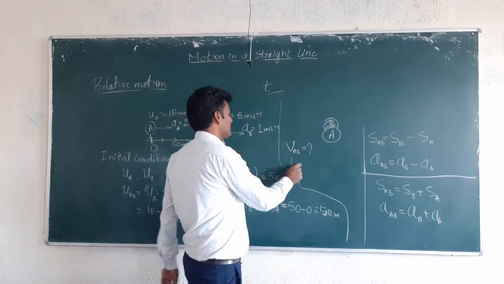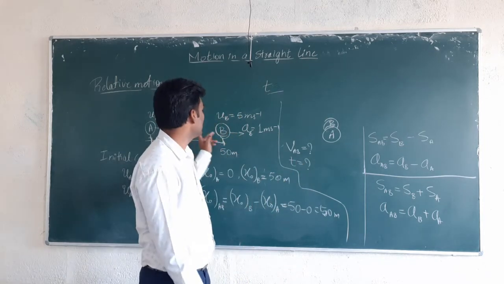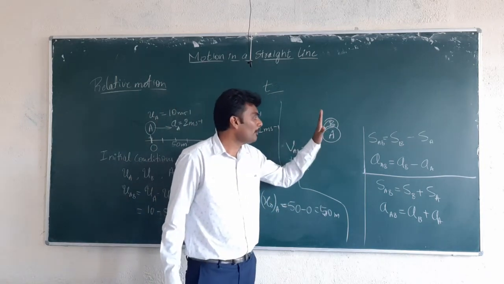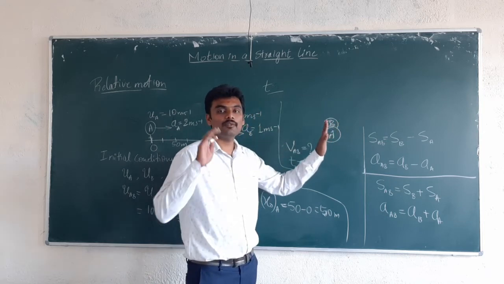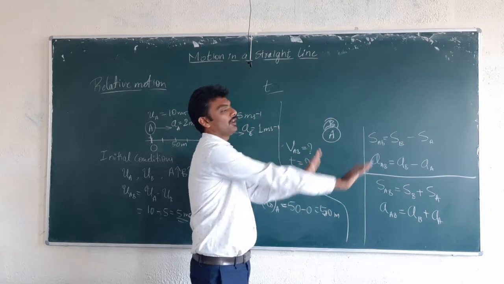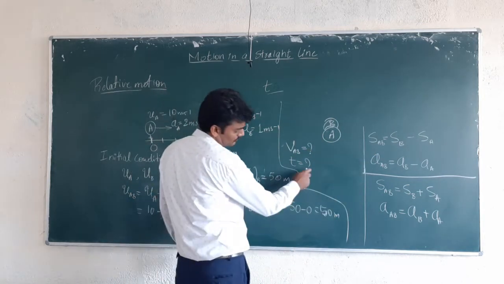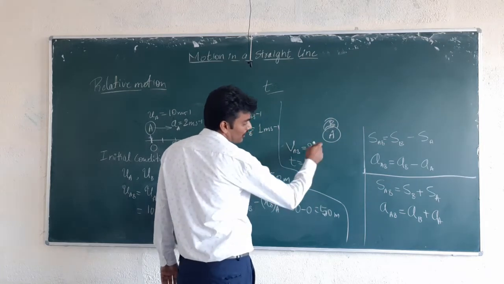So t should be found first. After how much time will these two bodies be in the same position? Body A reaches body B and moves ahead of that. So now time should be found, and at this